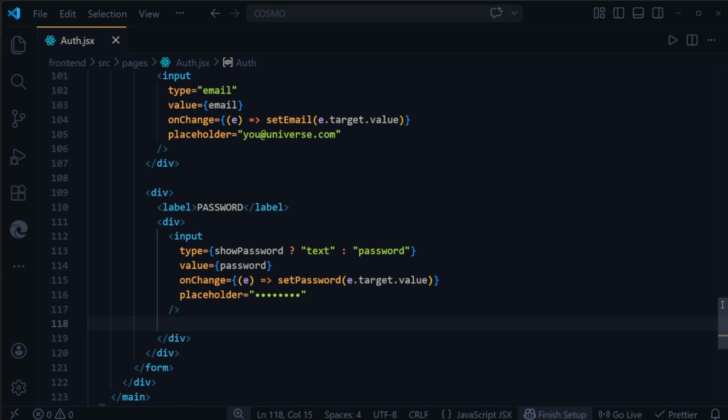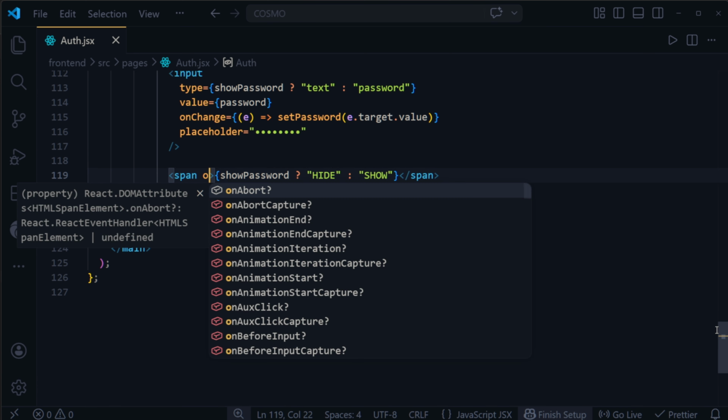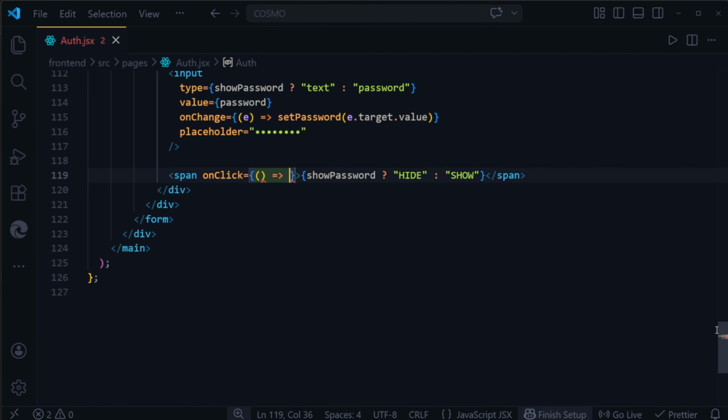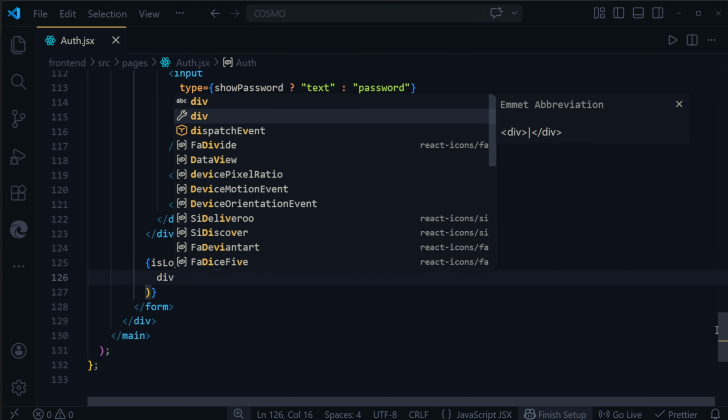Inside a span, add a conditional. If showPassword is true, display Hide, otherwise Show. Add an onClick handler to toggle the showPassword state. After skipping two divs, add a conditional inside curly brackets. If isLogin is true,